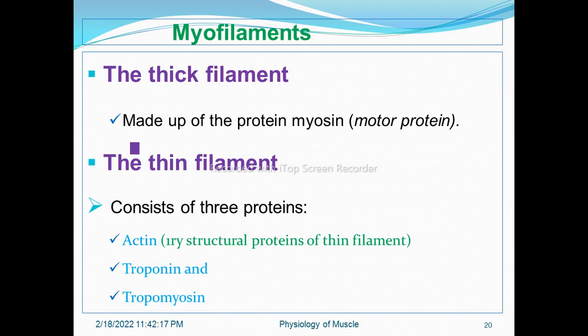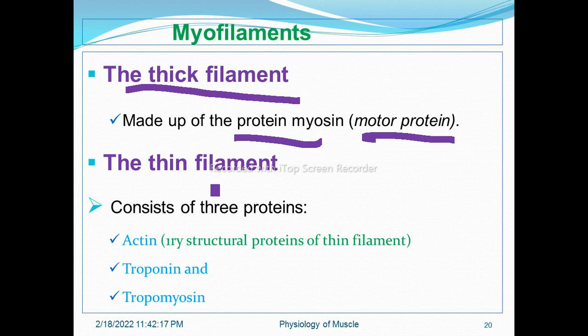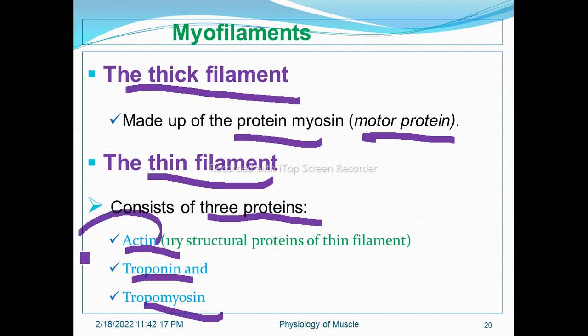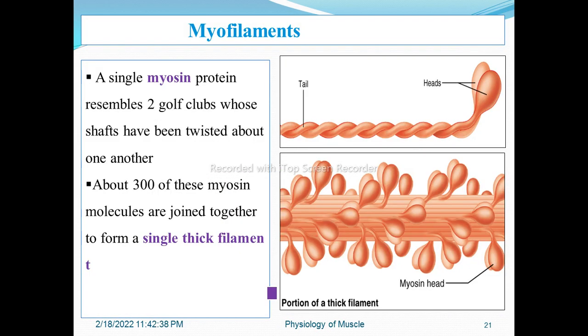The other is myofilament. Myofilament is divided into two: the thick filament and the thin filament. The thick filament is made up of the protein myosin. It is a motor protein, whereas the thin filament consists of three proteins: actin, troponin, and tropomyosin. Actin is the primary structural protein of the thin filament, and we will see these three things later. So, having this concept, for instance,